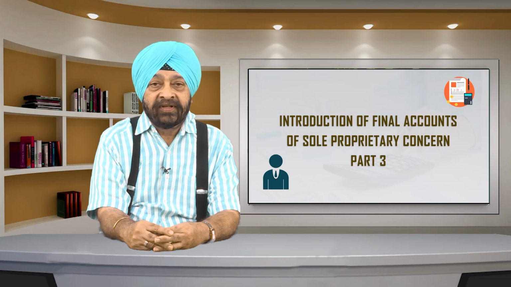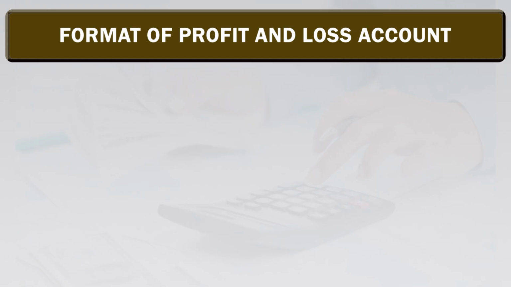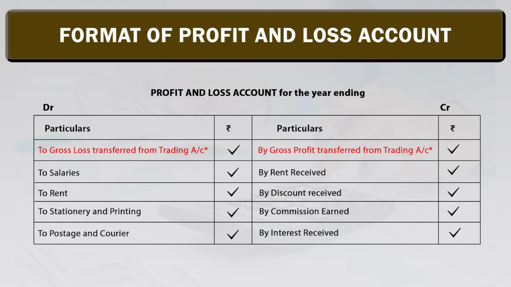Friends, after having theoretical discussion on items of profit and loss account, let us see format of profit and loss account. Like trading account, profit and loss account also will have two sides, debit side and credit side. Friends, kindly note here in the red font you are given items of debit side and credit side. In case of profit, gross profit is to be credited to P&L account and in case of gross loss it is to be debited to